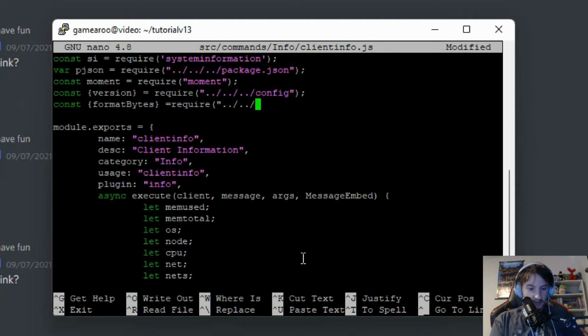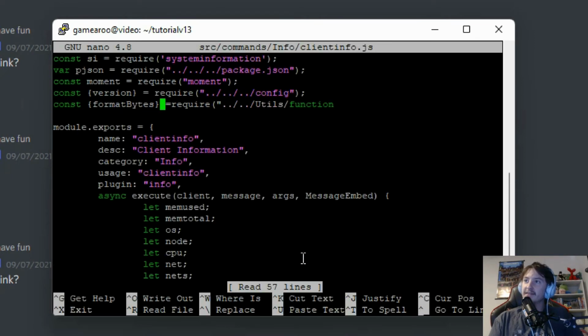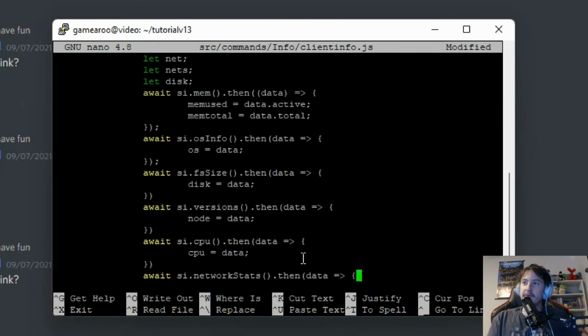And then we can do utils, then functions. And just to make sure that I got it right, so it's utils functions, with an S. And you can end it there. We do not need to add the .js. You can, but you don't have to. In JavaScript, it knows that it's a JavaScript file. The only time we have to do the dot is if it's not a JS file, or unless you're looking for the file with multiple files in it, like we did for the imports. Alright, so now that we have that,